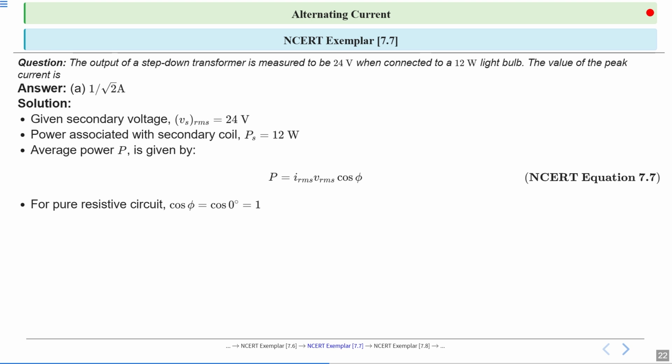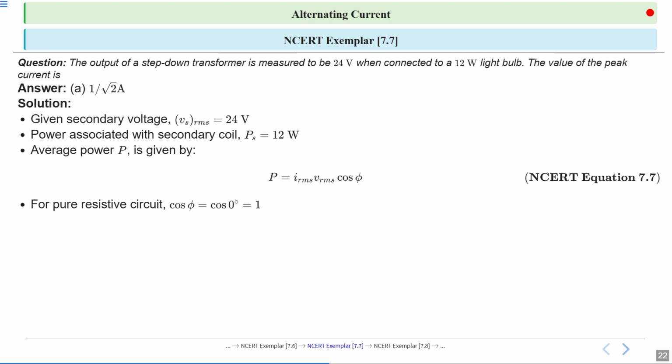Secondary coil is a part of the transformer, not a part of the circuit. So voltage is being generated across the secondary coil, and it is taken as the source now. We are only operating the light bulb, not any other component. The secondary coil is part of the transformer, which is used to step down the voltage. So the voltage across the secondary coil is 24 volt and only the light bulb is connected across it.